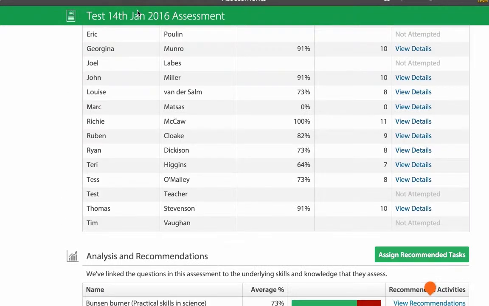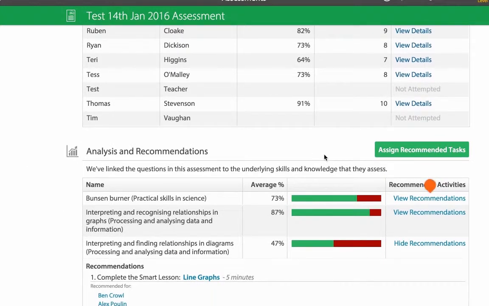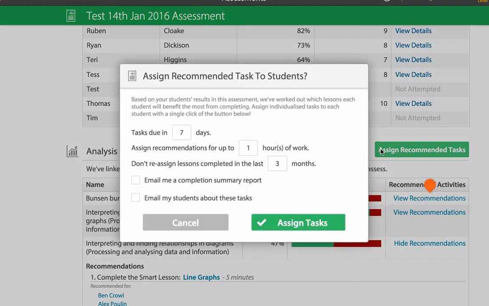Now, if I go back to the start here, where it gets really powerful is this process that we've embedded in here, assigning recommended activities or tasks. As a teacher, you're now able to assign a differentiated program of work to each student in your class. Now, the way you can do that is by choosing a certain date that you'd like to have tasks done by. So during 14 days, I'm going to set students an hour and a half each week, and I'm also going to be emailed with a completion summary report on how students are progressing through these lessons, and I'll click on